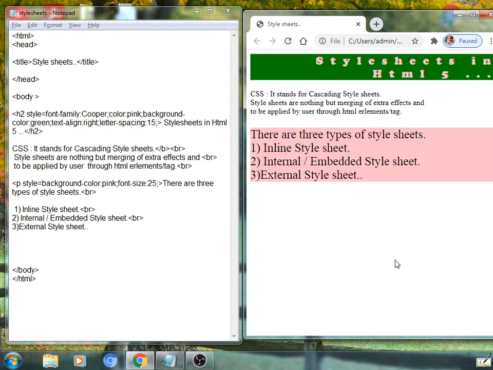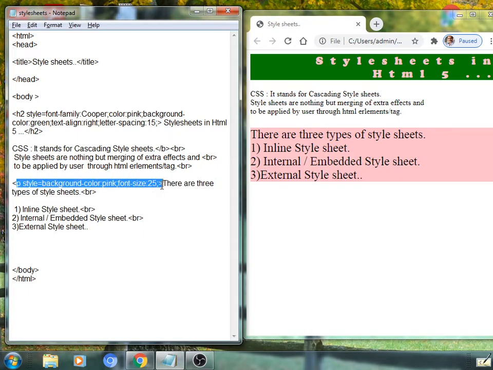So the inline style sheet is more convenient in comparison with the internal or embedded style sheet and the external style sheet, where we apply the designing effect on the same line. As per its name, it is an inline style sheet, nothing else. Suppose I want to apply a new tag here, B. B stands for bold.